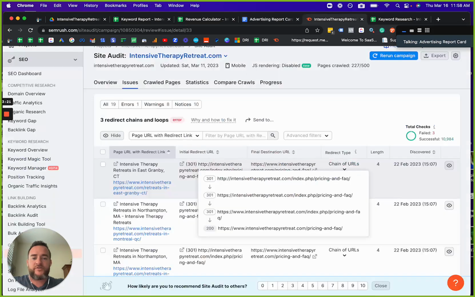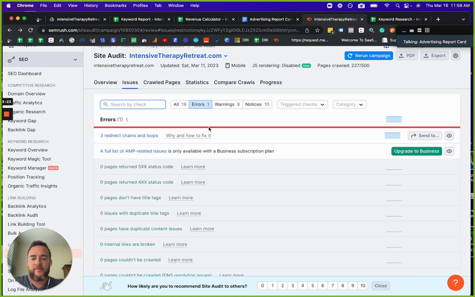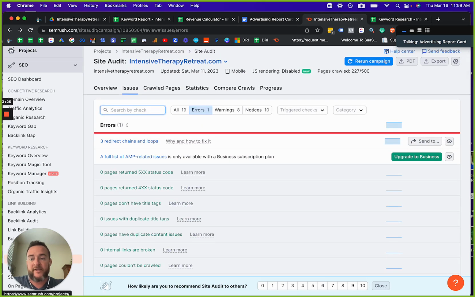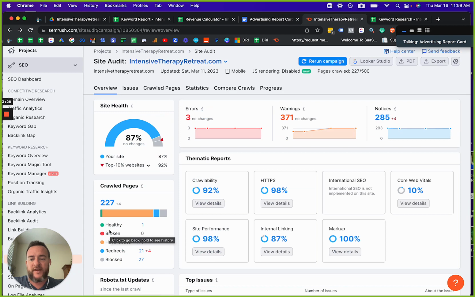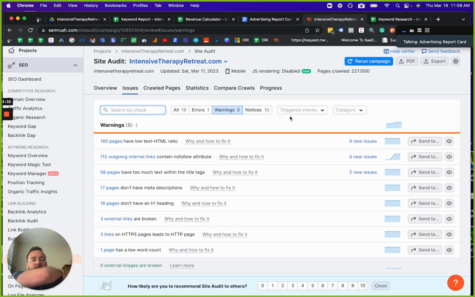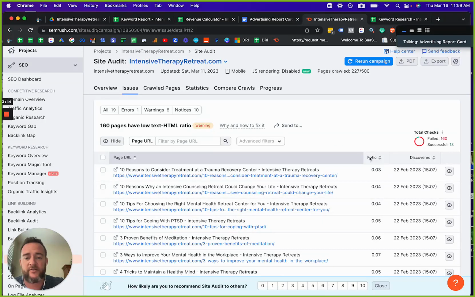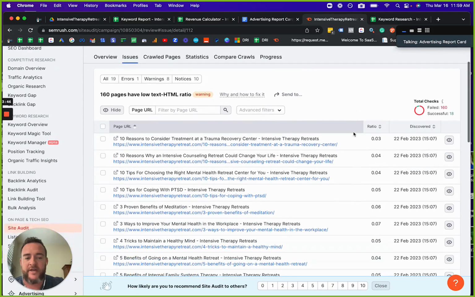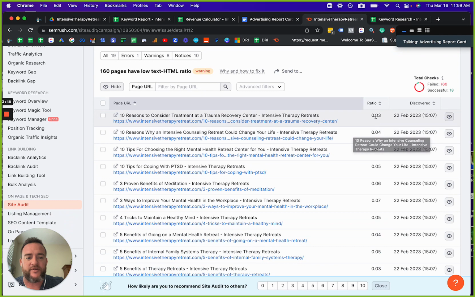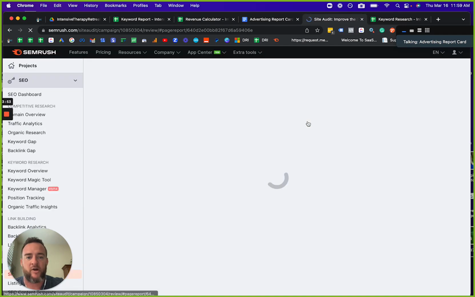Next, some of the other issues are, again, considered in all terms things of polish, because what we're trying to do is find things that we can improve. So the main thing with the warnings that were being triggered is there's a lot of pages that have low HTML to text ratio, meaning that the page itself could just use more text in general. So if you were to click into this and take a look, some of this stuff is blog related, some of it's not. But you can see the ratios in general. It may have something to do with the way that the blog page is structured.